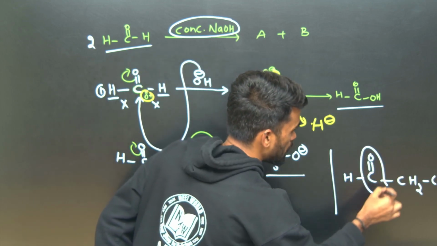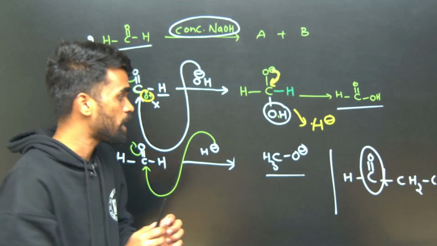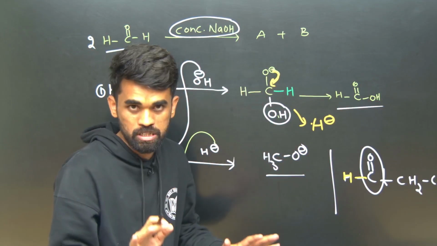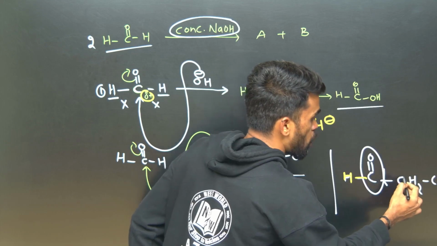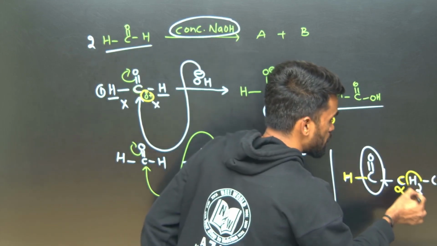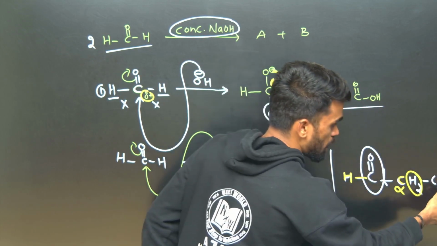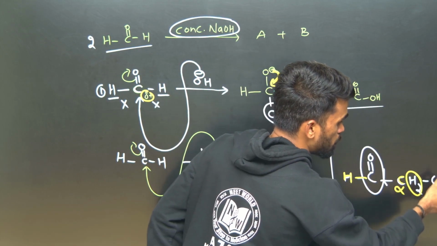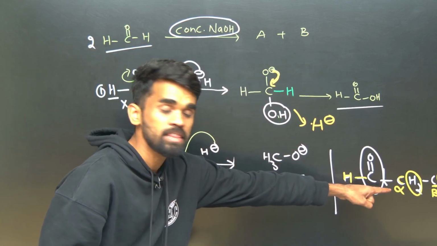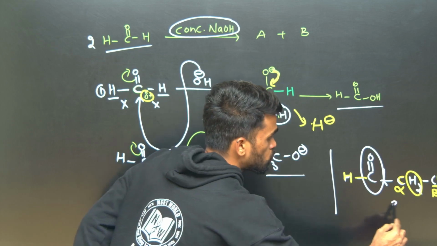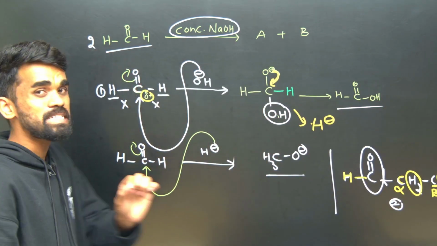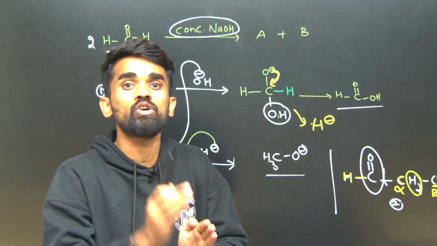Look at this. A carbonyl group means C=O should be there. Any hydrogens directly attached to it are not alpha hydrogens. The carbon directly attached is considered the alpha carbon, and the hydrogens present on that carbon are called alpha hydrogens. The adjacent carbon is called the beta carbon, and its hydrogens are called beta hydrogens. Now how many alpha hydrogens are there on this carbon? We have two alpha hydrogens in this particular compound. Hope it is clear. Formaldehyde is the best example of a carbonyl compound without any alpha hydrogens.